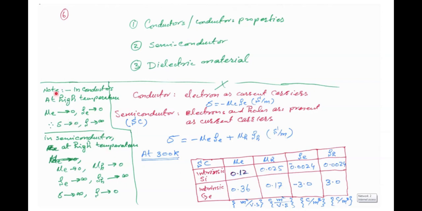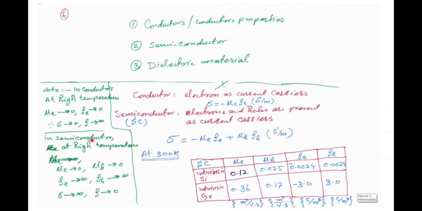Let us note that in a conductor, when the temperature is very high, mobility is very low, and the electron concentration is also low. Hence the conductivity is very low, nearly equal to 0, and the resistivity is infinite. Compare this property of a conductor